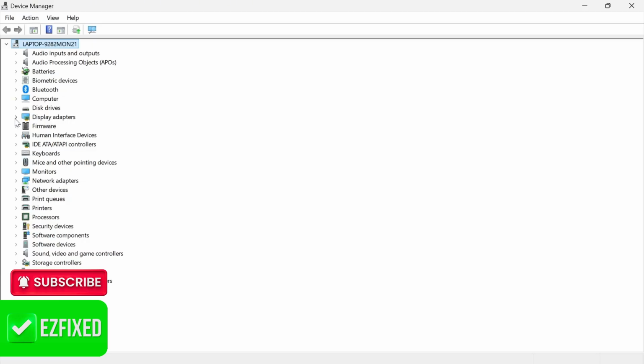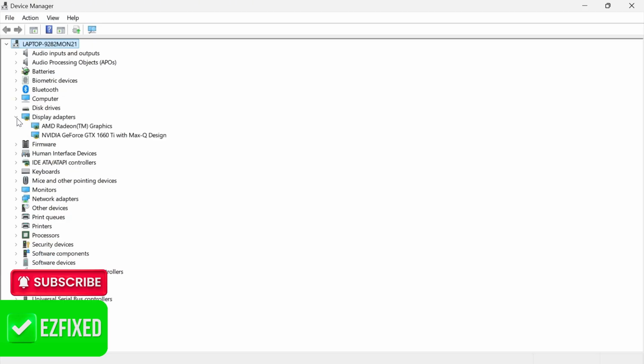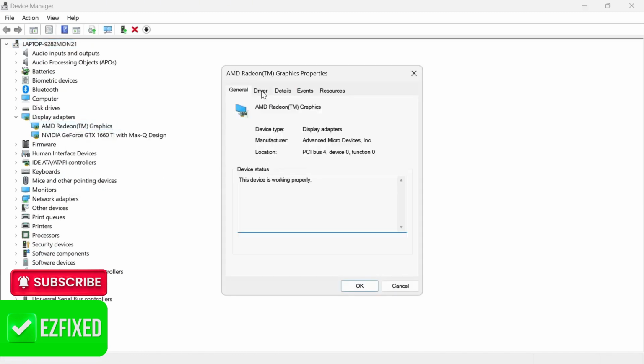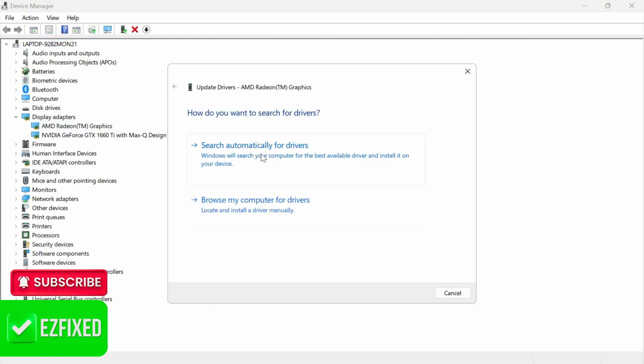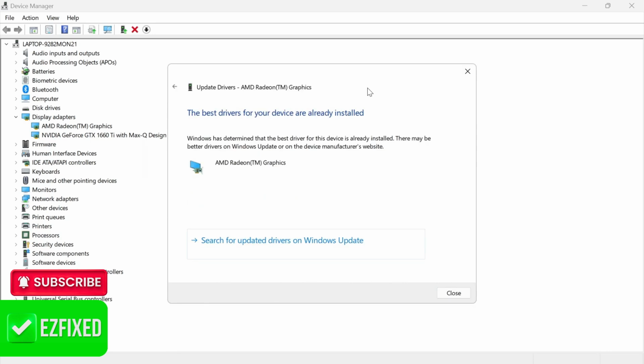Come down to Display Adapters and expand this drop-down menu, and then right-click on your AMD graphics card and click on Properties. Then click on the Driver tab and select Update Driver. Click on Search automatically for drivers, and then check to see if you're already running the latest driver. If you already have the best drivers installed like this, then what we're going to do is just close out